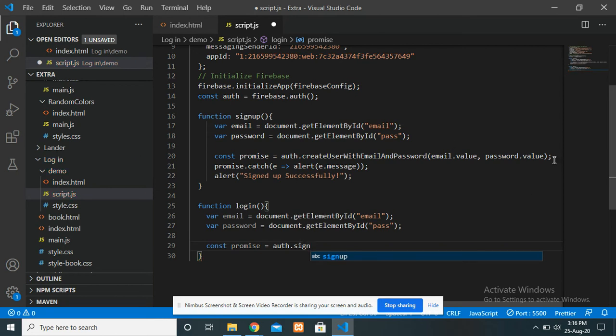Let me copy this one. I don't want to write that. And then here I don't want create user. I want sign in with email and password. For that purpose, I will write just auth dot sign in with email and password. Now we will catch error,